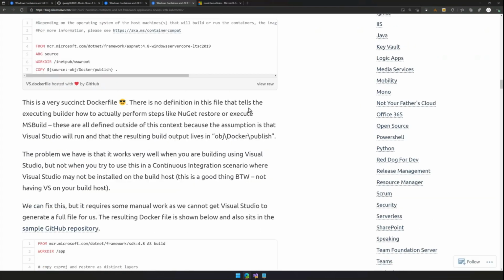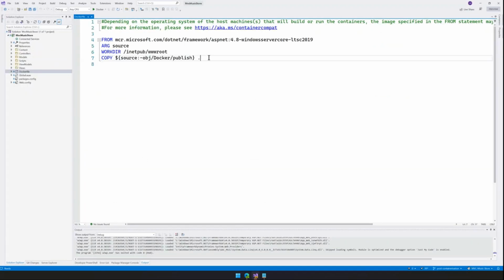Next thing I want to talk about, and we'll get back to the secret use in a minute, is we looked at this simple Docker file that lives inside of Visual Studio. Now this Docker file is really good for precisely one thing, which is building a debug version of the application inside of Visual Studio and allowing you to debug it locally. You can't use this Docker file to build and deploy,